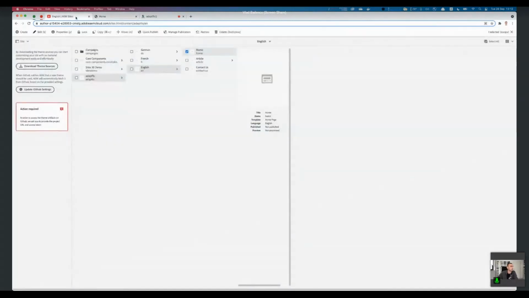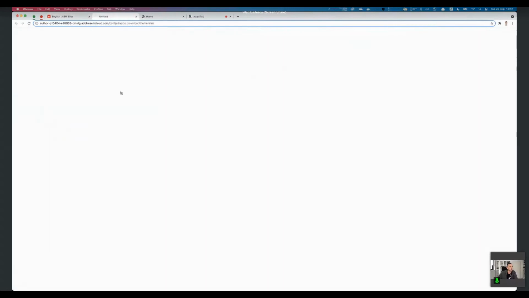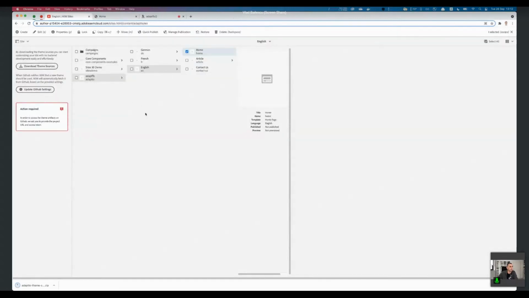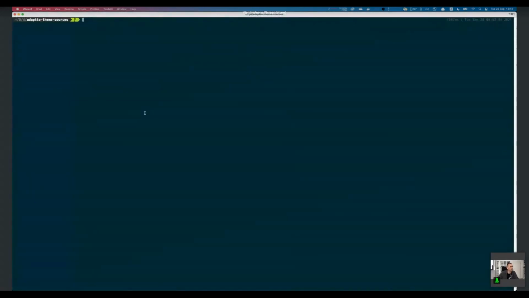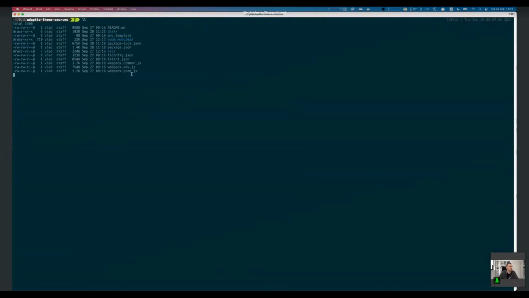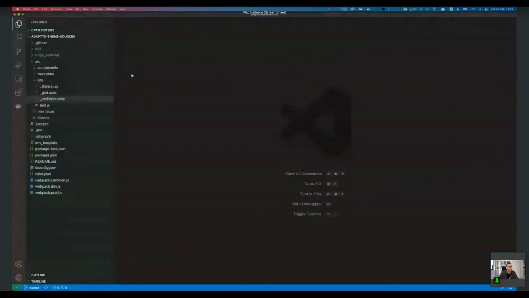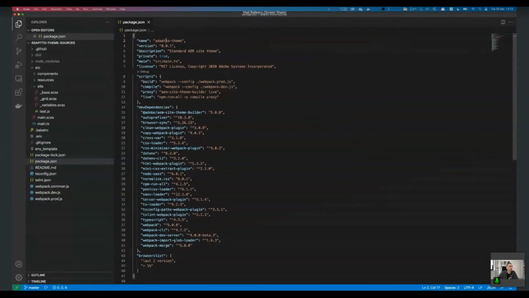So I can just go here in the sites panel, and I can download the sources for the theme that this site template is using. And downloading the sources, I already took the liberty of extracting those. It's just a front-end package. I already ran npm install, so we don't waste time here. If I just open it in Visual Studio, you'll see that it's a basic front-end package. It has a package.json. It's my adaptTo theme that links it to my website,